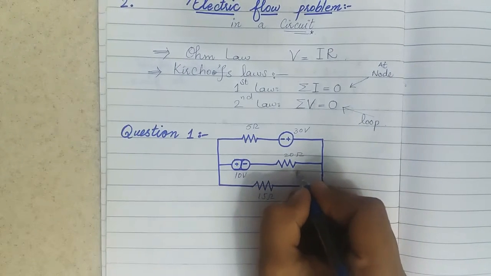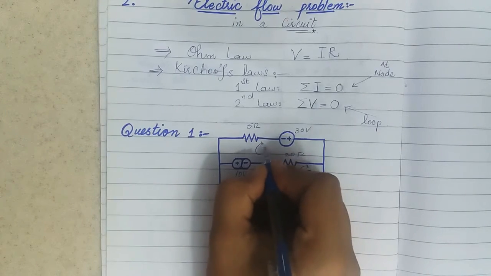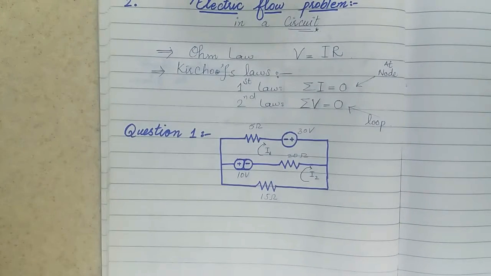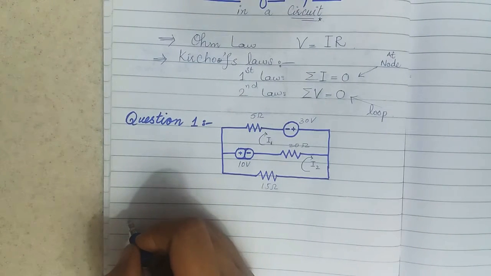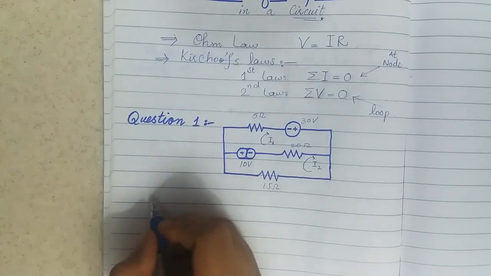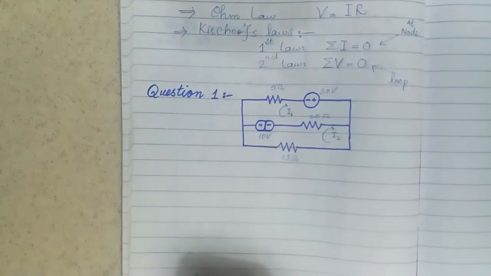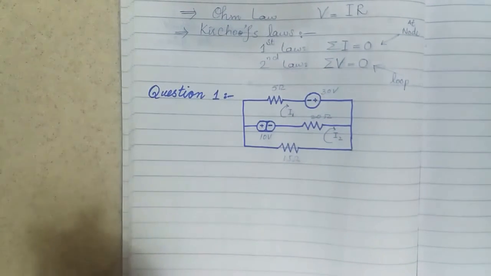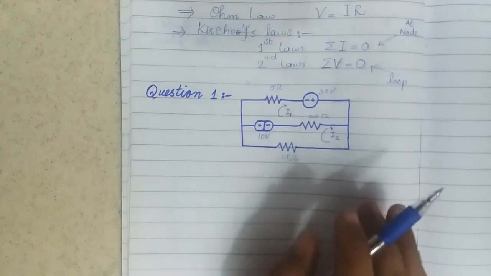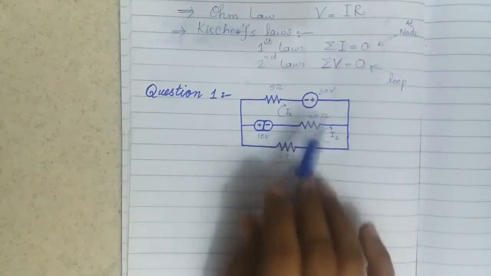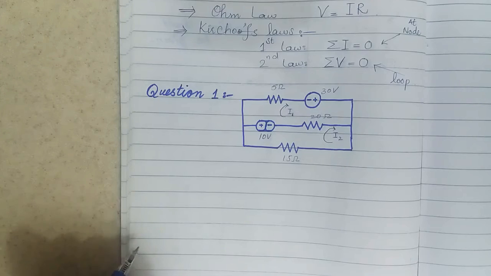We have to find the current flow through the first loop and through the second loop. There are two loops. Firstly we will convert it into matrix form, and then we will generate from the matrix a system of linear equations. That method is quite simple and easier than converting the electric system into a system of linear equations and then converting into matrix form.